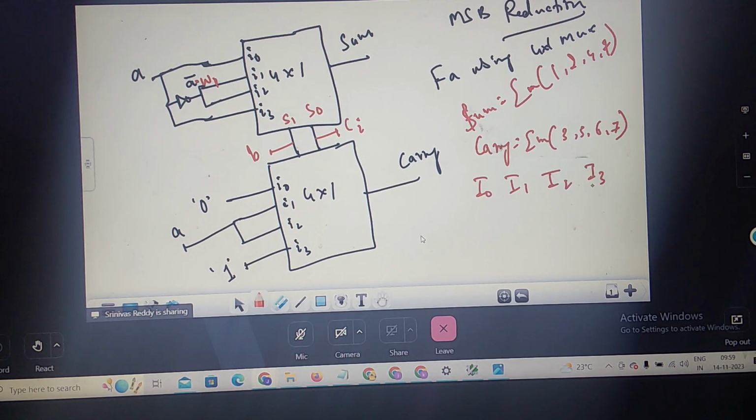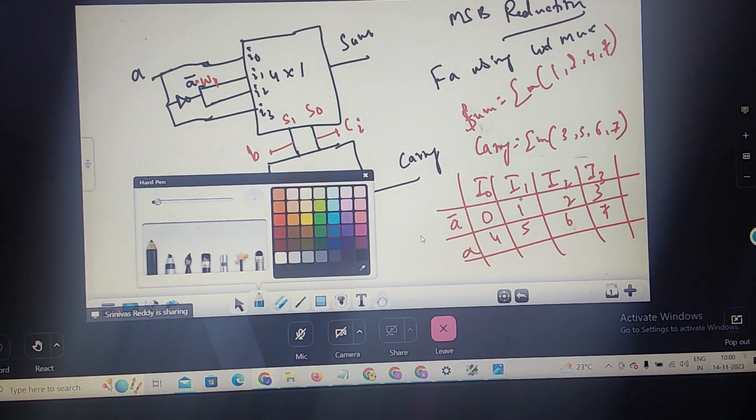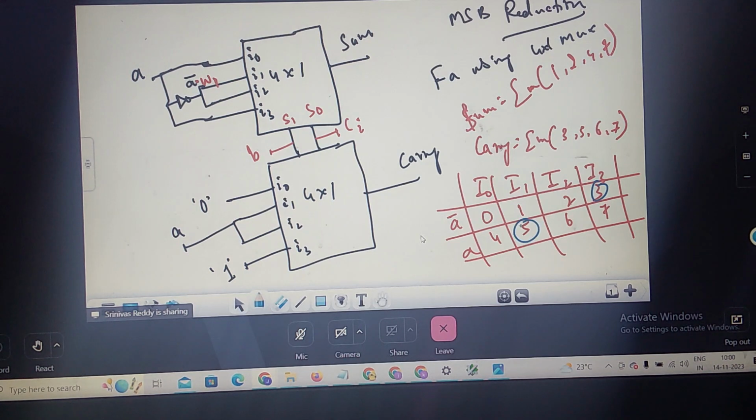I0 to I3. So this is A complement and this is A. A complement is for the decimal notations 0, 1, 2, 3. Correct. If you write the truth table for the full order, A is uncomplemented for 4, 5, 6, 7. Now I should do the circles according to my decimal notations. 3 should be circled, 5 should be circled, 6 should be circled, and 7 should be circled. Correct. Now I0 is connecting into 0, I1 is connecting into A, I2 is connecting into A, I3 is connecting into